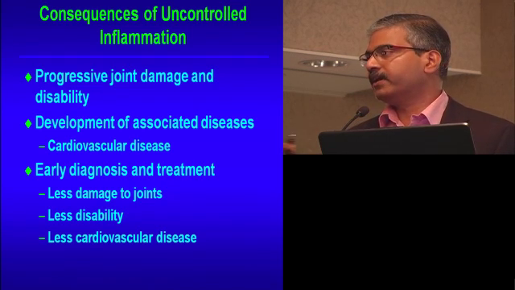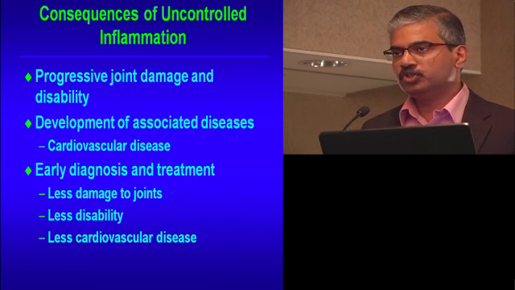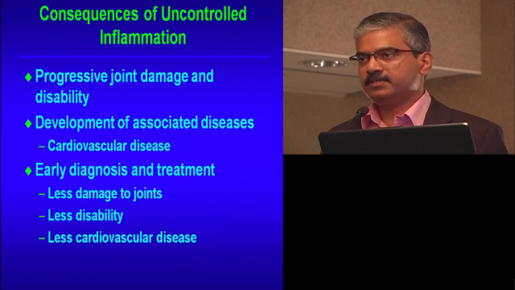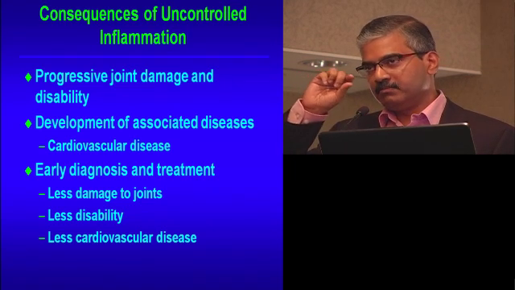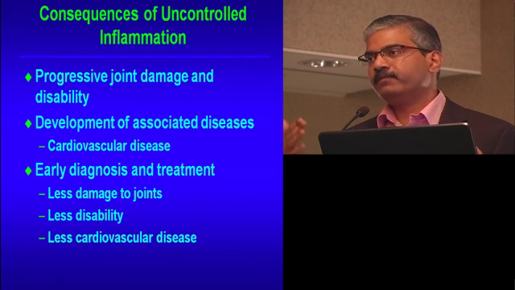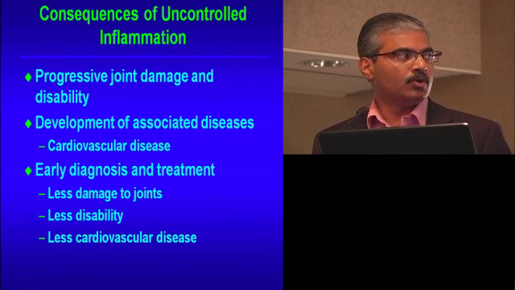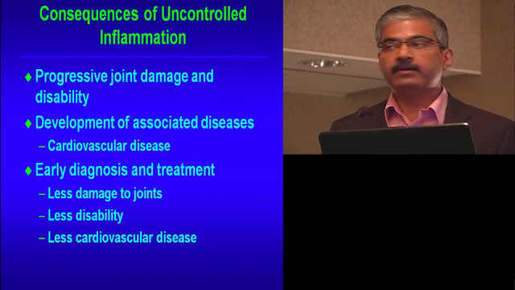The more important thing that we realize now is that people who have inflammatory diseases, be it on the skin or in the joints, have a higher likelihood of getting heart disease, cardiovascular disease. If you look at the blood vessels in your heart, in people who have had heart attacks, there is inflammation there. And when you have an inflammatory disease elsewhere, the inflammation in your blood vessels is more than what you see in people who don't have inflammatory disease. So one of the important reasons for treating is not just pain and disability, but also preventing cardiovascular disease